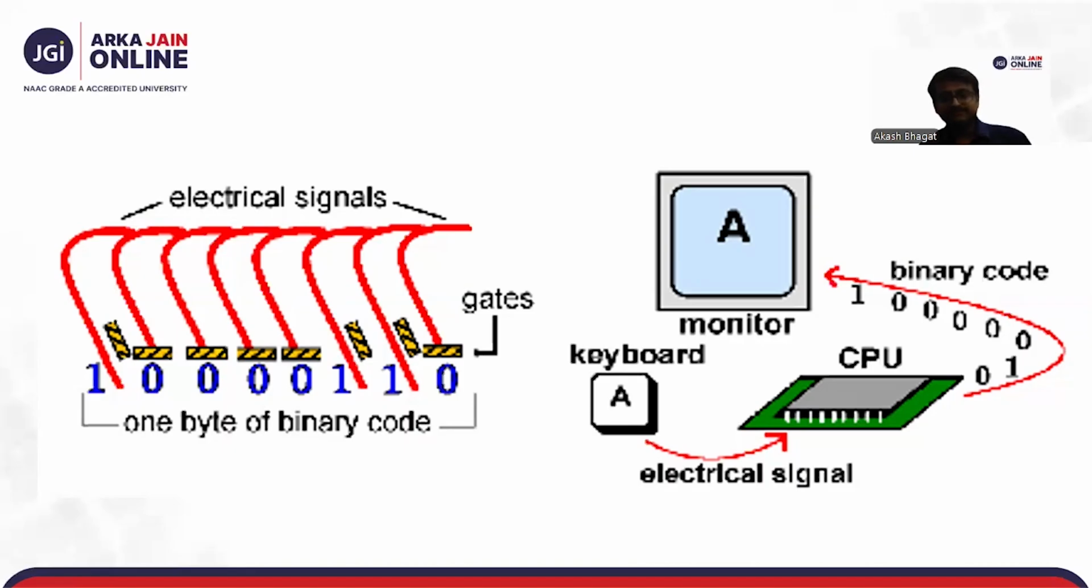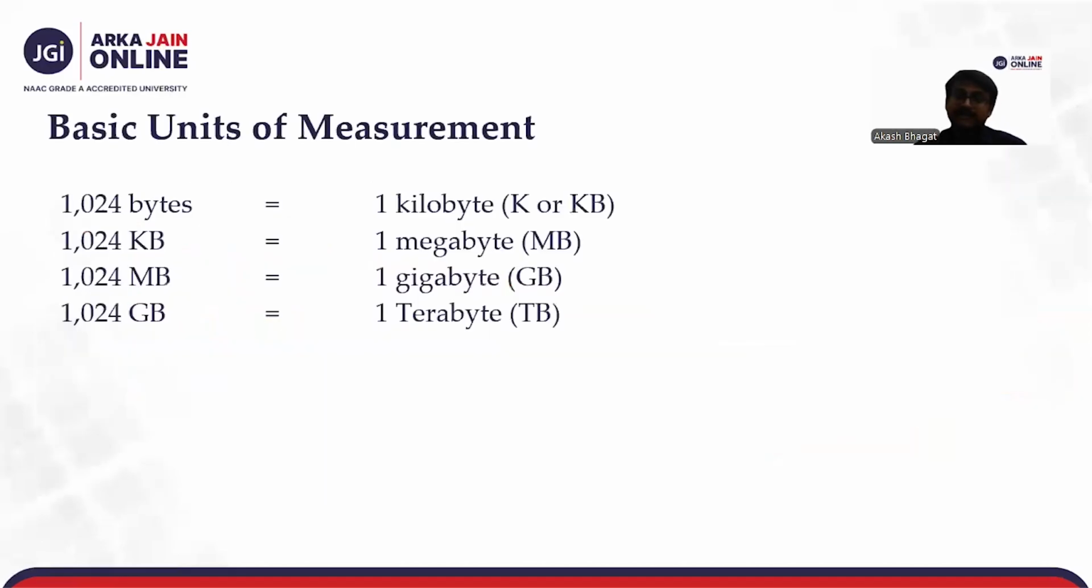Now, how are these signals getting converted into the binary format? Suppose you press A on the keyboard. This is converted into an electrical signal, and with the help of the CPU it is converted into a binary code. That code is again given as an input to the monitor. Now the monitor will convert it to the display, and it will show A. Next,